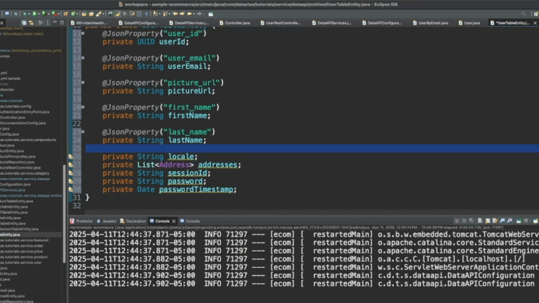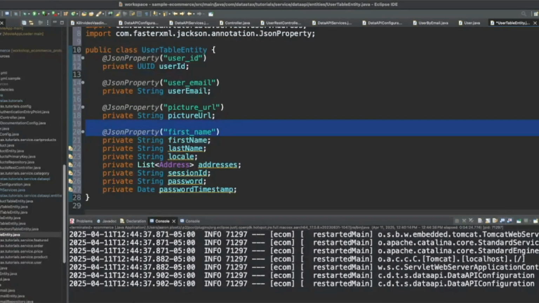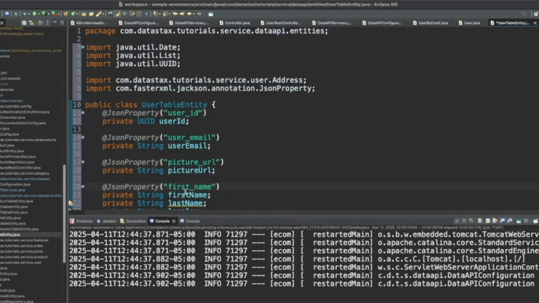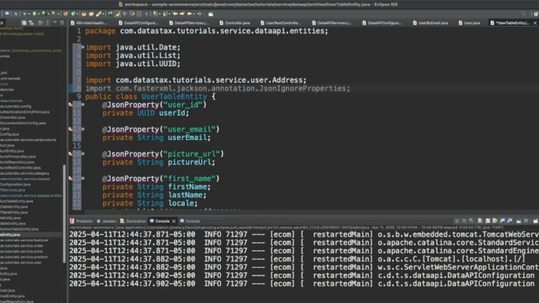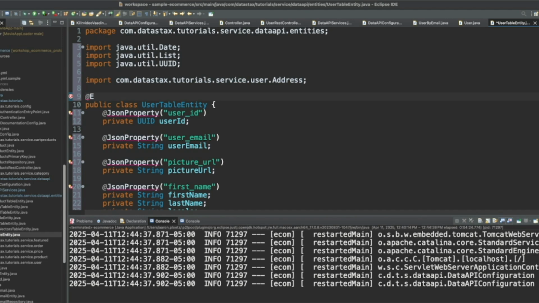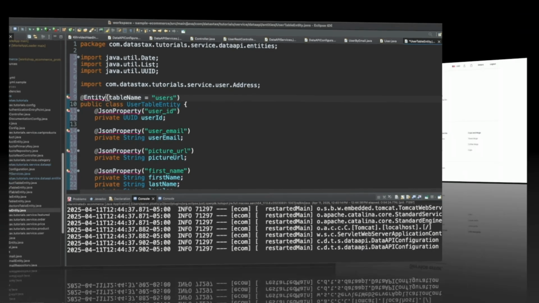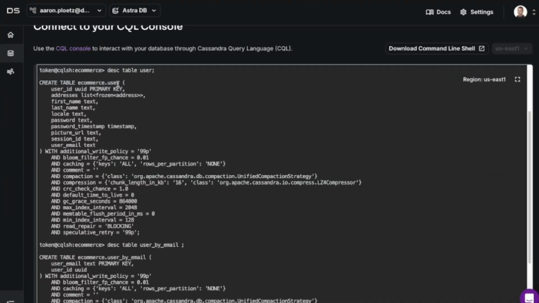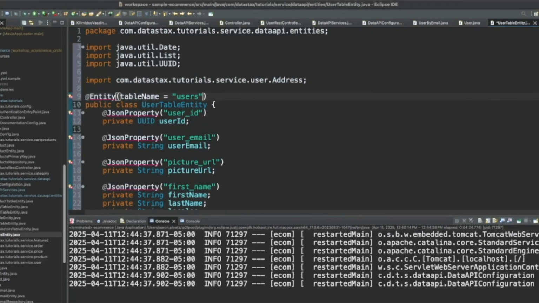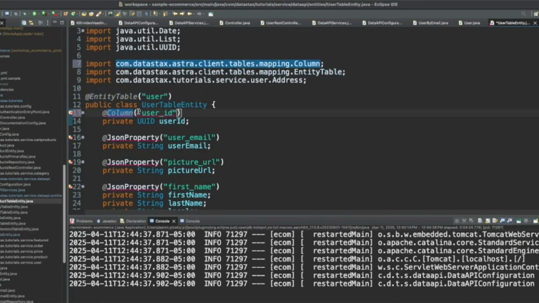Let's get rid of our extra spaces, and actually, let's get rid of JSON property. We're going to say entity table name equals users. Let's make sure of that. Oh, user, singular. I'm glad I double checked. All right. Let's say name equals, just like that. There we go.